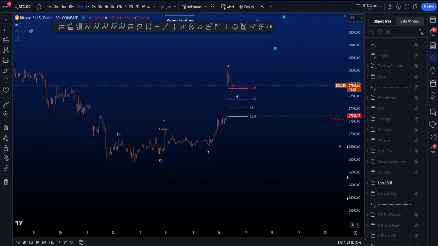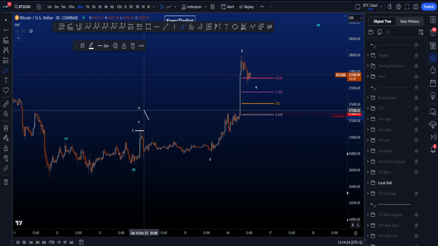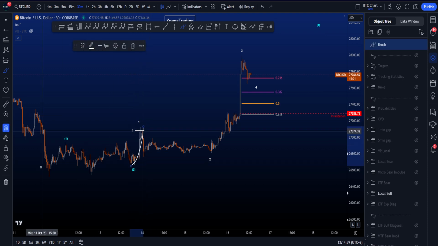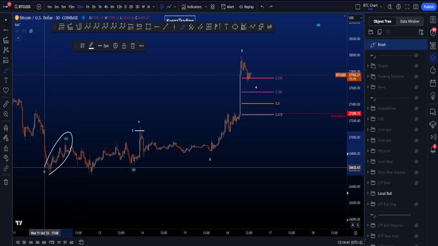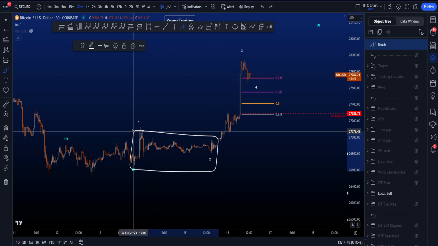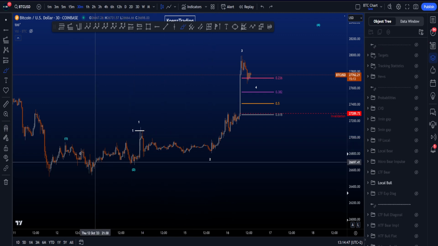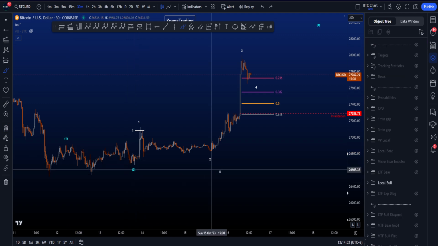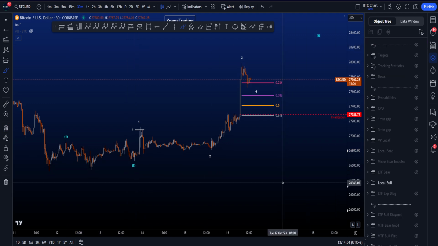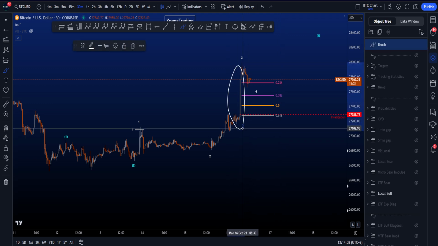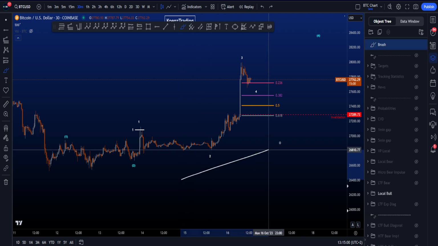In this double 1-2, what you can see is that this second wave 1 of a lower degree is longer in price compared to the first wave 1 over here, which is a higher degree wave 1. And also this wave 2 in a lower degree, the Y2, is about the same length in time as the higher degree wave 2, which is not actually what you want to see and lowers the probabilities of this scenario. And that's also why this push to the upside still doesn't make me feel that comfortable, because most commonly what